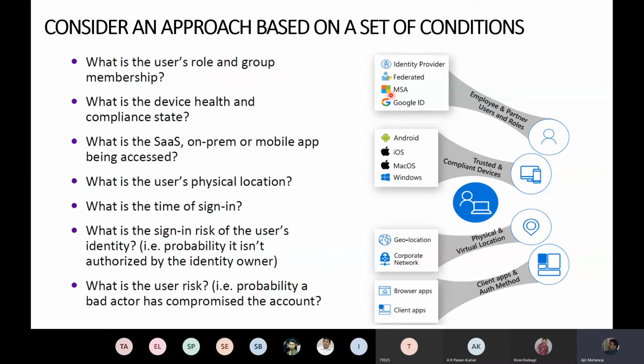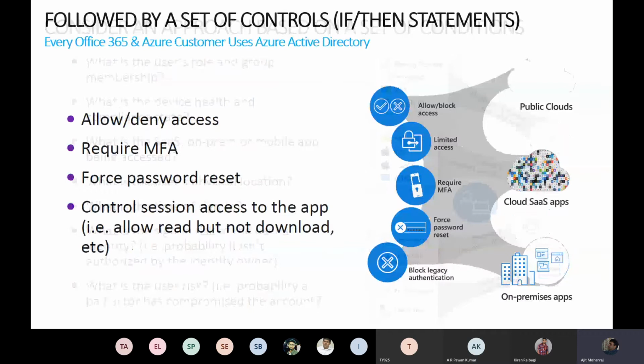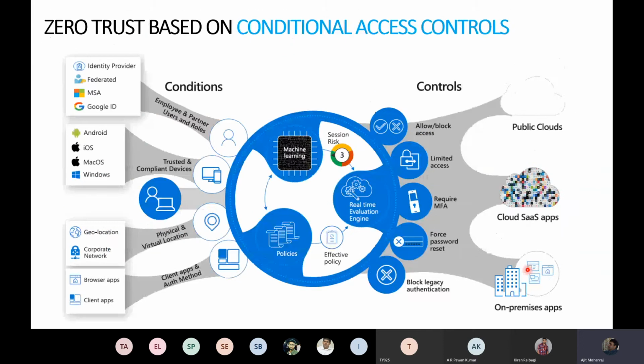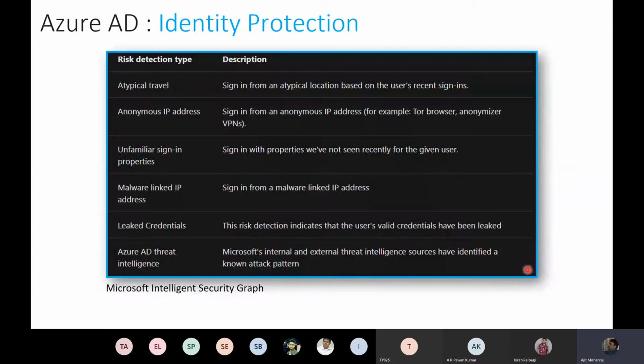Depending on who you are, what device you're on, where you are located, and which applications you want to go to, I want to implement a set of conditions. I want to either allow, deny, or require multi-factor authentication. Or, like I said, force a password reset if I think the user is already compromised, or I will control the session. I will allow him to read and check things, but if he tries to download something, I'm going to stop it, right? So that's the beautiful thing that you can do, again, based on Azure AD, bring in zero trust, and you're good to go. So you have MFA and a whole lot of conditional access happening.